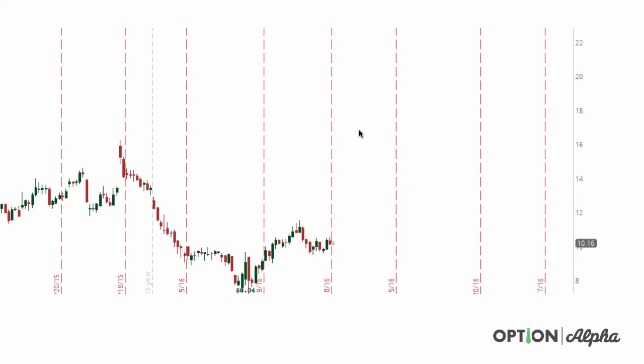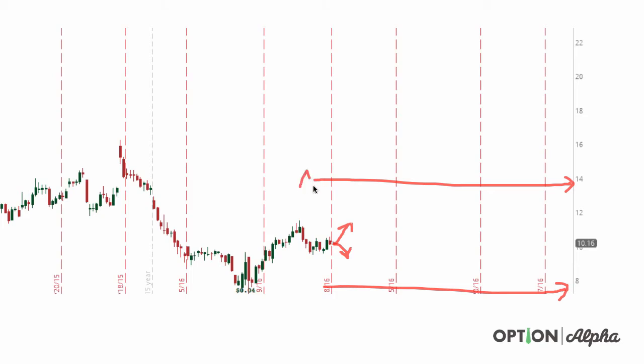wiggle room. And the reason I love this type of strategy, and this is kind of like our general theme and concept here at Option Alpha, is that I don't have to be really good at picking the direction of where the stock goes. I just have to give myself enough room for the stock to move and still make some money. So in the case of this stock that we're trading right here, I don't have to be right